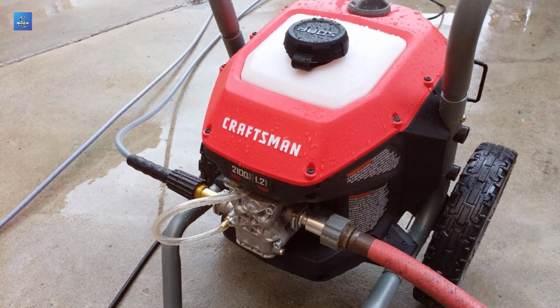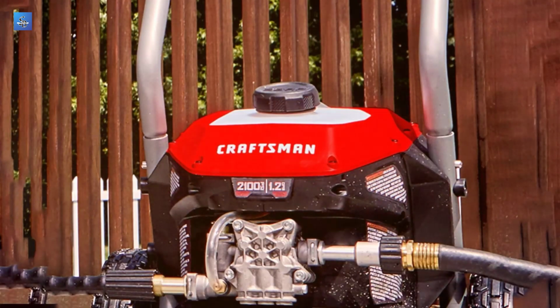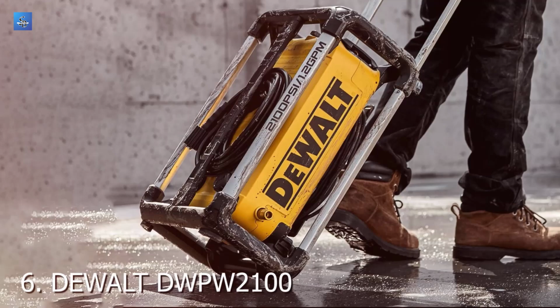The ergonomic spray gun and wand provide comfortable control during extended cleaning sessions. The CME 2000 100 comes with a soap applicator that allows you to apply detergent for deeper cleaning, and includes 4 quick connect nozzles, ranging from a gentle 40-degree spray for sensitive surfaces to a powerful 0-degree jet for tough stains. Moving on to the next at number 6 with